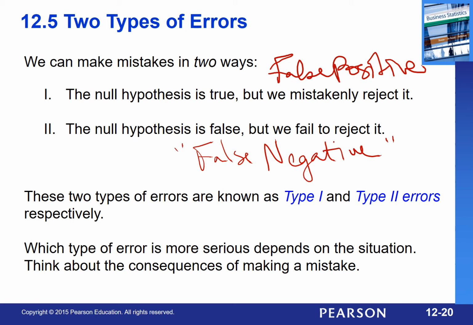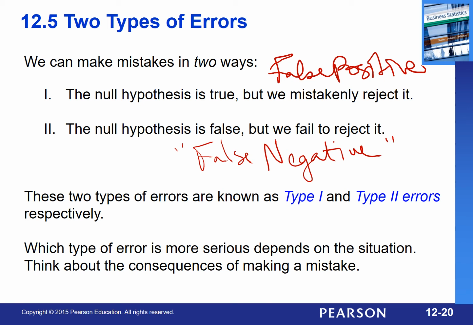So we call these the false positive and the false negative. And this is mostly used in medical testing. And these are known as the type 1 and type 2 error. And depending on the situation, one of them is usually more severe than the other. I mean, don't get me wrong, they're both bad, but